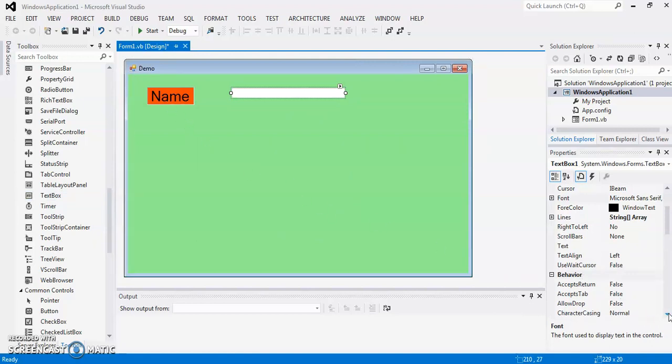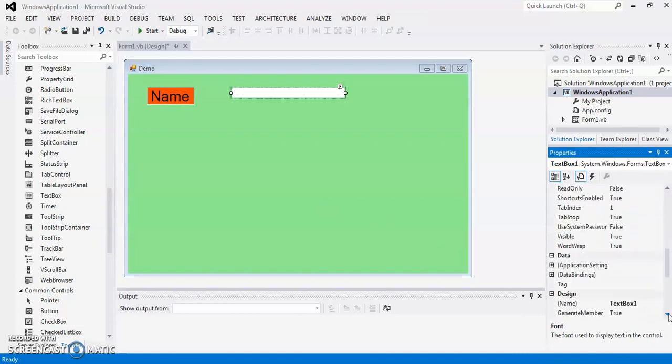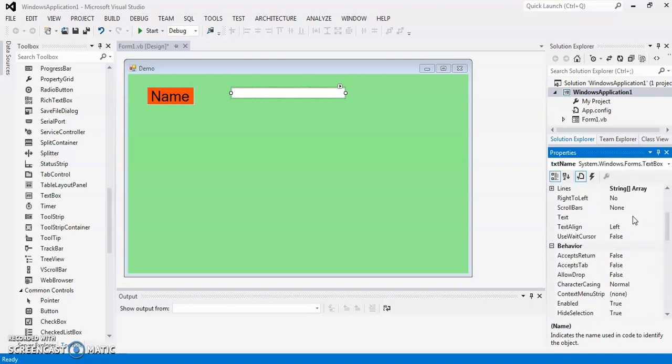Here is also the name property which you are going to change, as for any control. I am writing the name as txt name, but the text property for the text box, I will keep it blank, because the text property normally will be filled when the user inputs anything during the runtime.